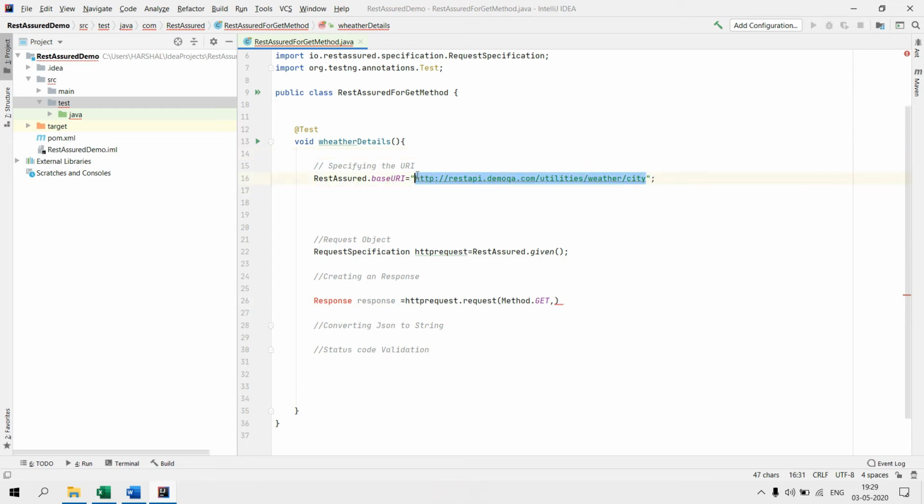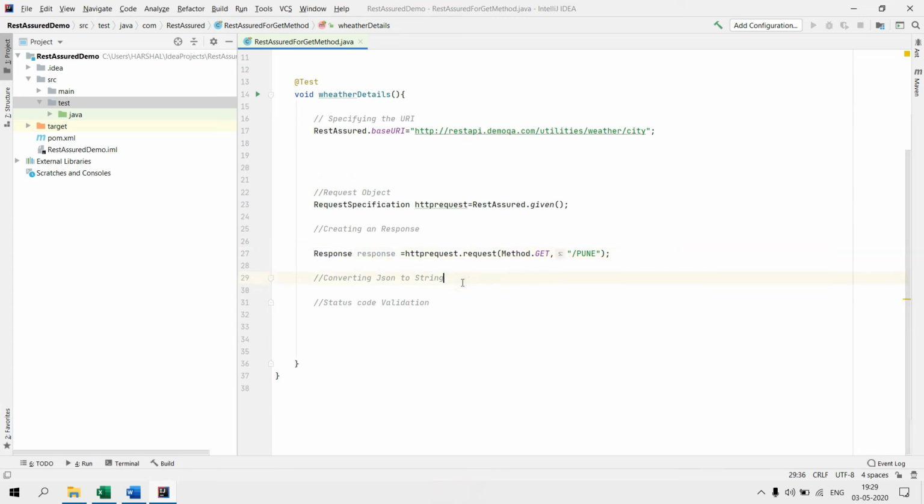You need to specify your own city, whichever you like. I will be using a city like Pune slash, so you would be getting the temperature of Pune, hitting the service and getting the response. Here is a red line again, so you need to import the Response class.